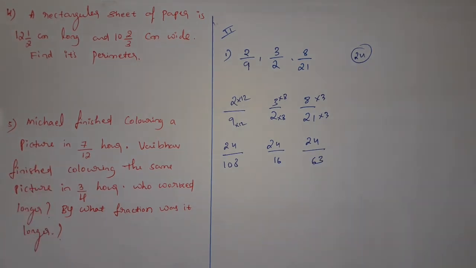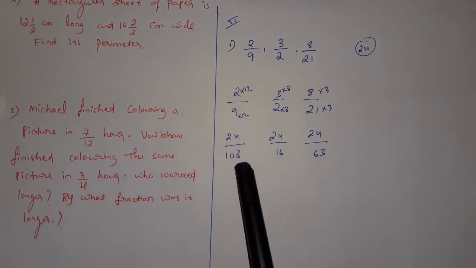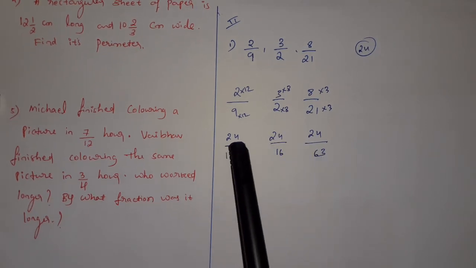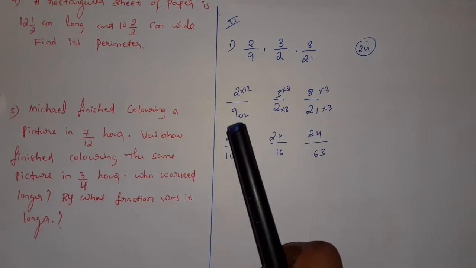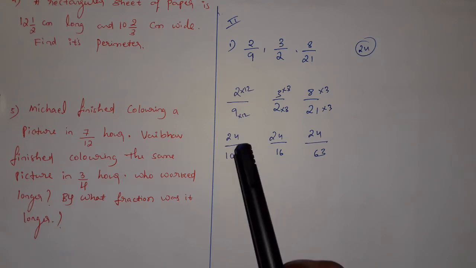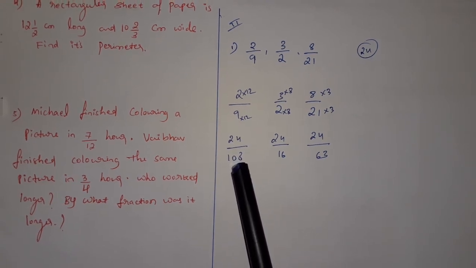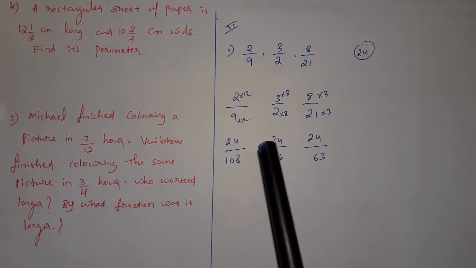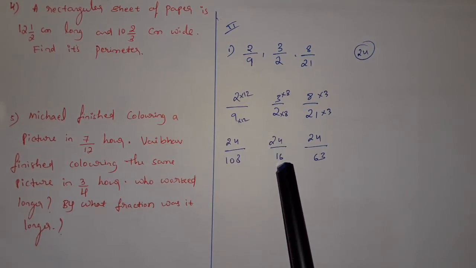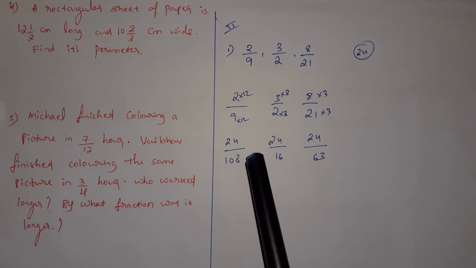Okay, what I told: if you are comparing the numerators, the logic is very straight. Whichever numerator is larger, that fraction will be larger. But if you are comparing the denominators by making the numerators equal, the logic is reversed. The fraction which has a larger denominator is the smaller one. A fraction with a smaller denominator is the larger one. I hope you got the idea.